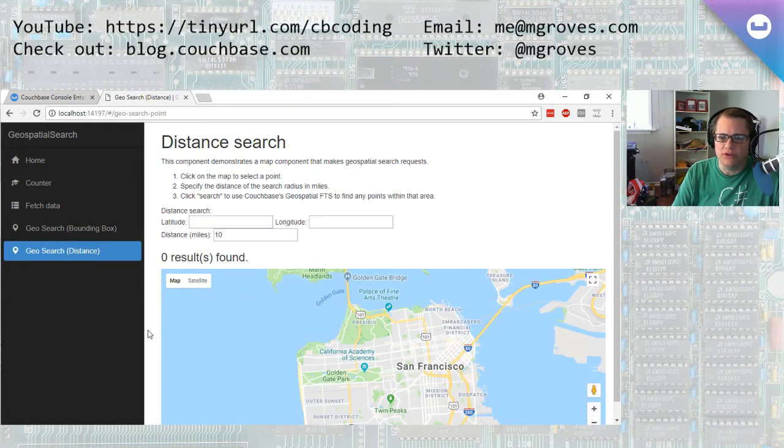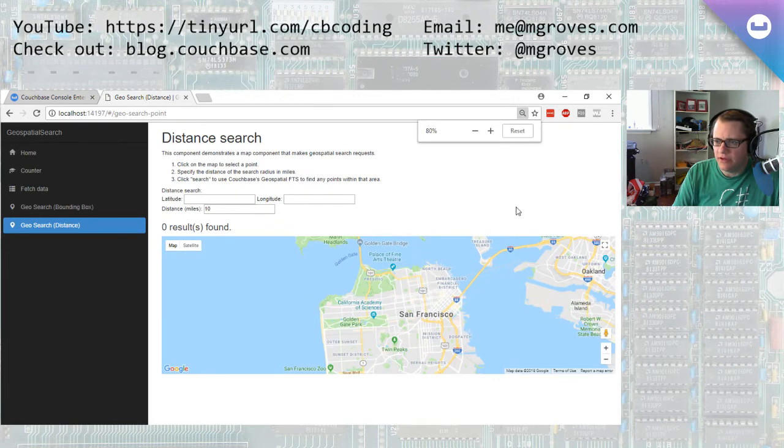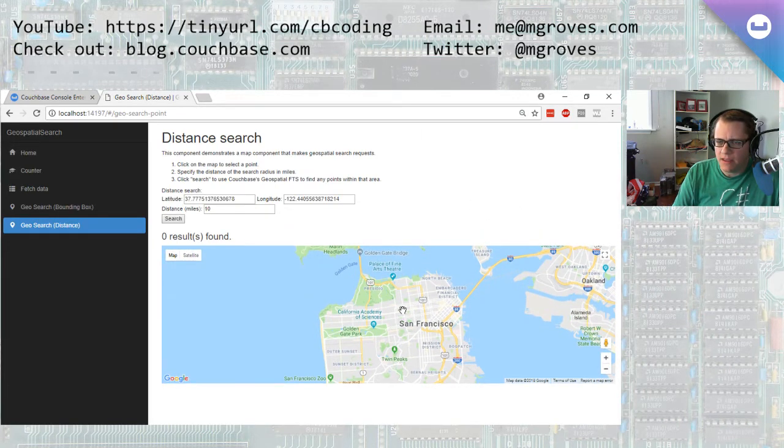This is the point search. Not a terribly fancy UI, but here's a map, and this is showing San Francisco. And let me zoom out a little bit here. So what I can do is click on any point in this map, and it populates the latitude and longitude based on that point that I just clicked. And then here's the radius, and it's just a 10-mile default radius. If I hit search, it's going to hit that endpoint I created, which in turn is going to execute the Couchbase